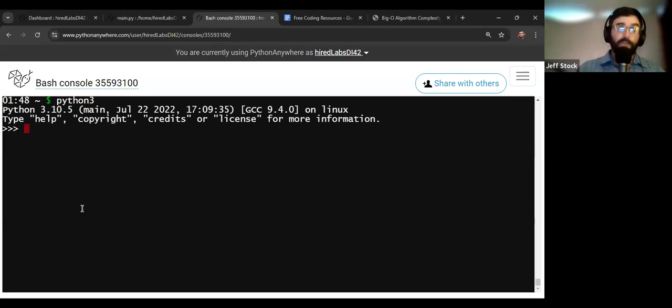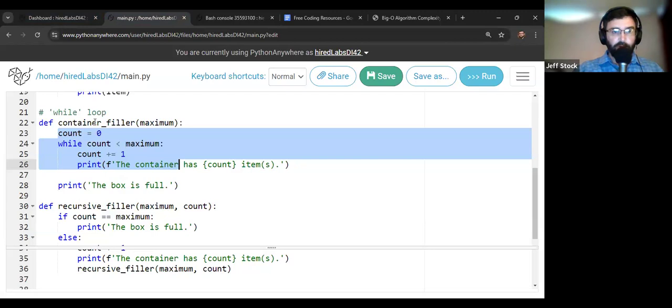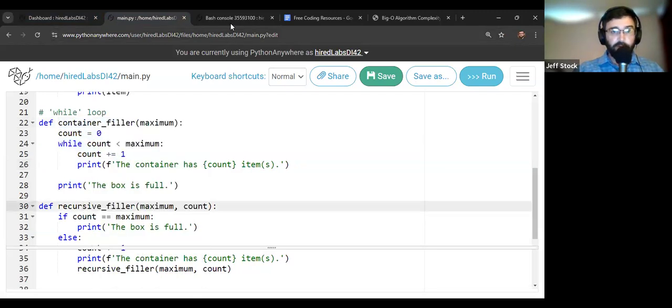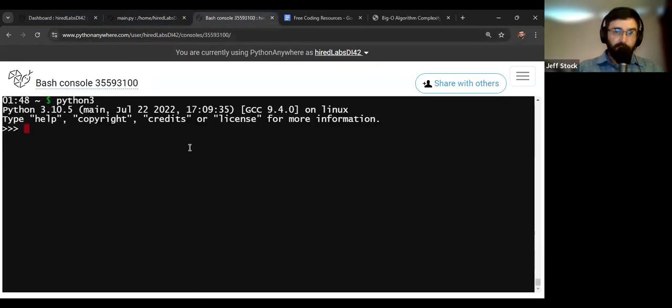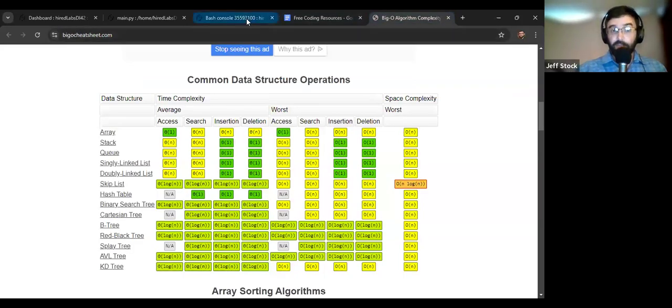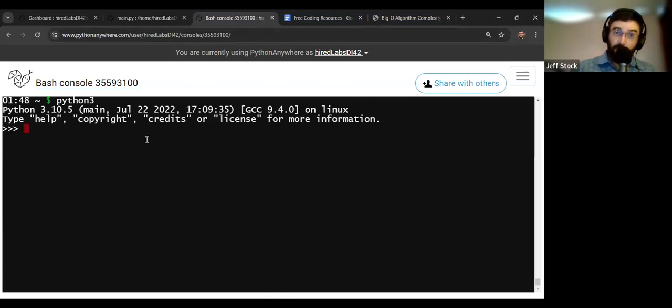They can be done with lists, right? So just like we did with the recursive container filler and our recursive function, these things can be done with lists. But lists, again, according to Big O notation, will be very inefficient at doing these things. So I'm going to show you how lists do it, and I'm going to use that to explain what stacks and queues are, all right? So let's go through real quick and show some things that lists can do and how we would add things to them and what that even really means, right?